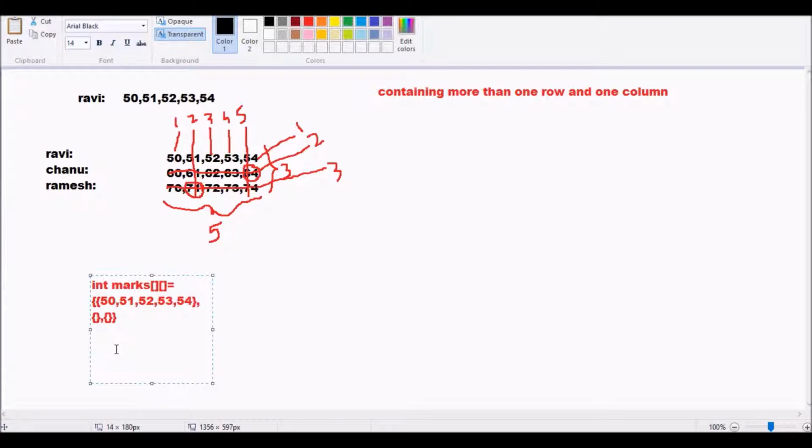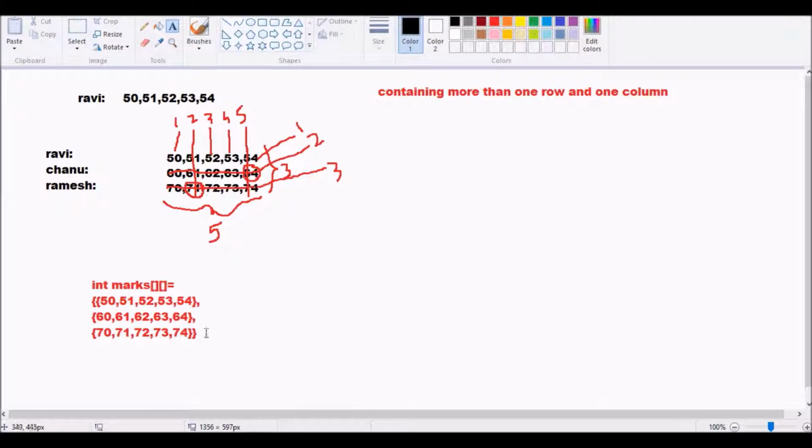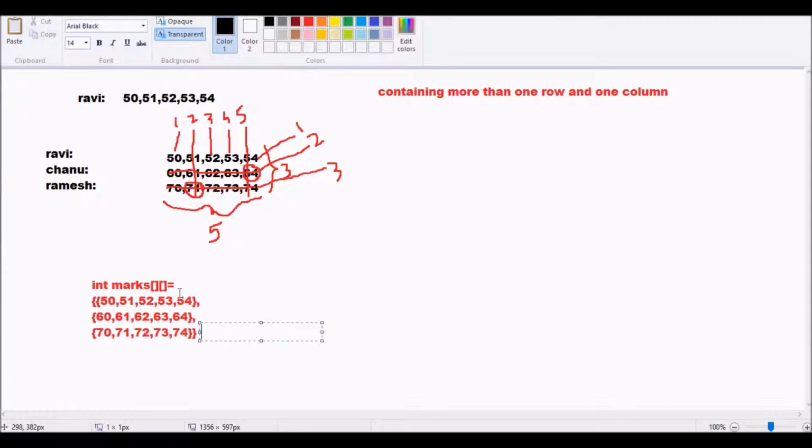The second row contains 60, 61, 62, 63, 64. The third row contains 70, 71, 72, 73, 74. So this is one way of creating an array in Java.